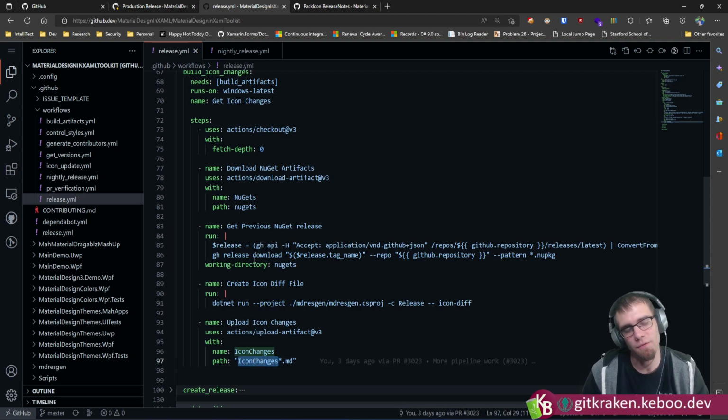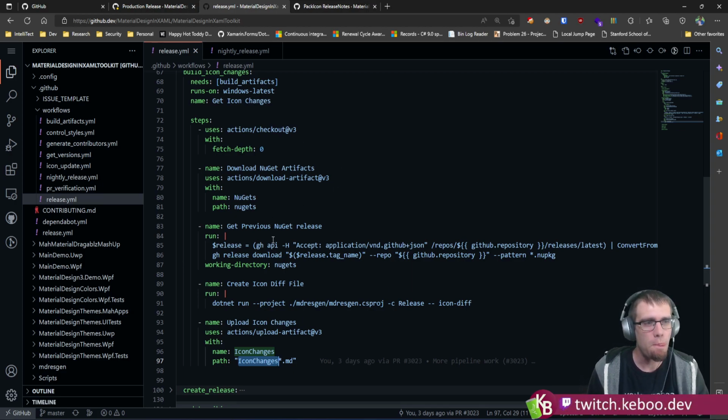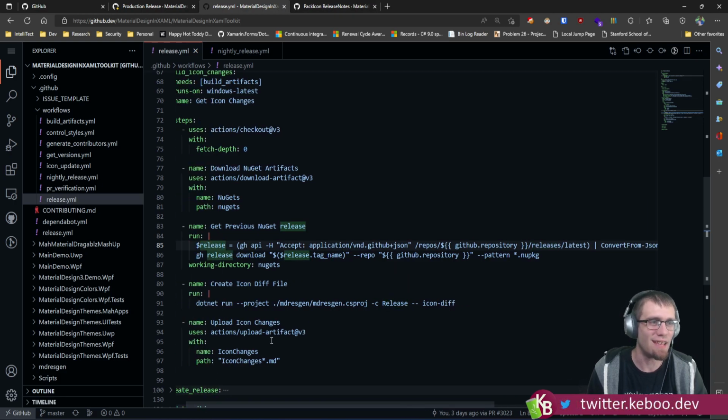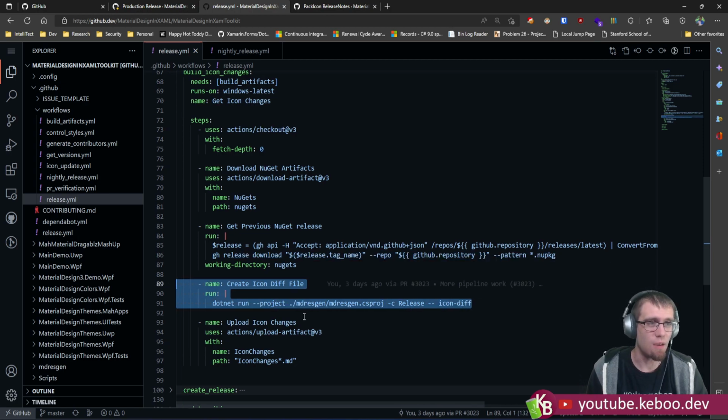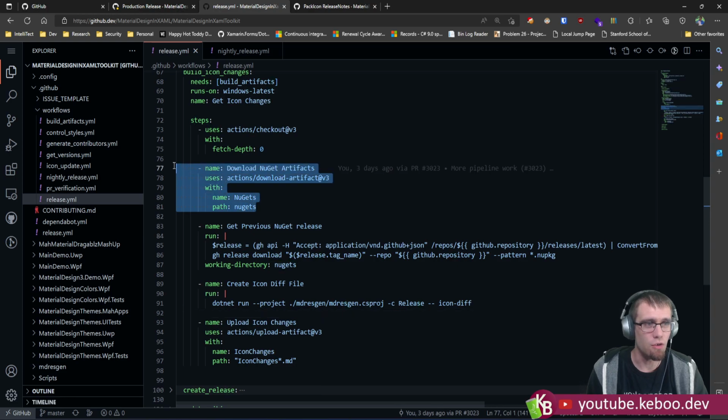The key thing that I noticed from last week is I was fighting about how do I get the right versions. My old stuff is like downloading NuGet packages and using reflection. And I realized at this point here, where I am wanting to run this tool, I actually know what my prior release was. So I can actually use the GitHub CLI to say, what was my last release? And then from there, I can say, hey, by the way, for that release, let's go and just download its NuGet package. Problem solved. And then I can take this guy and say, well, I've got my current NuGet package